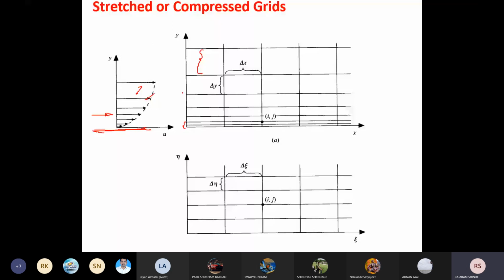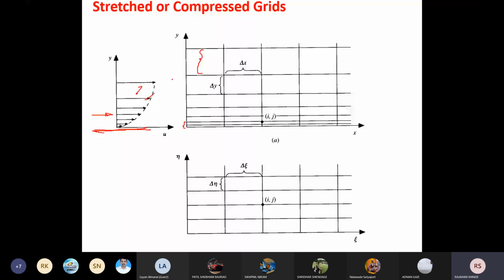That means, if you want to capture the physics of this problem, in physical plane your grid spacing should be changing progressively in this y direction, but this is not acceptable in case of finite difference approximation. So if you convert that into computational plane, in that plane you should have uniform grid